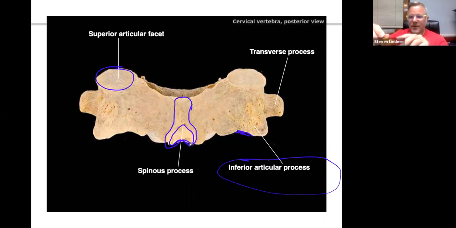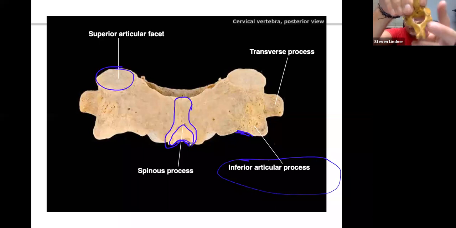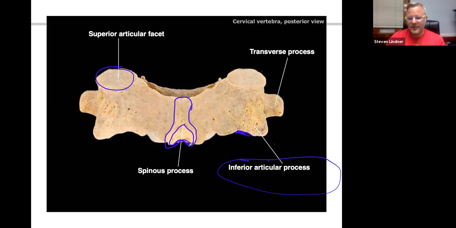I'm going to show you here, this is a C2 vertebra. If I turn it this way, you could see it's bifid. See how it's split? This is C2. This is the superior articulating facet. So here is C2, right? It's got that odontoid process. It's the only one that has the dens. Here is the C1, and it's going to fit like that